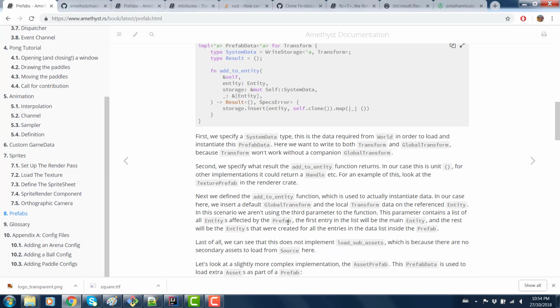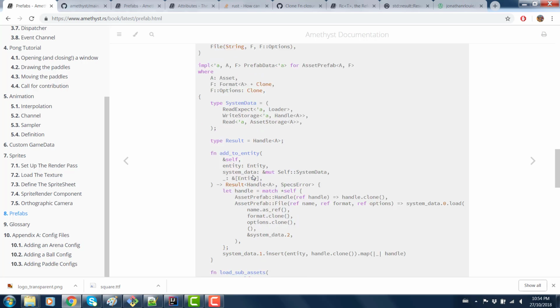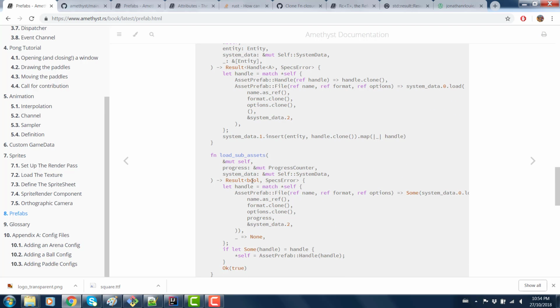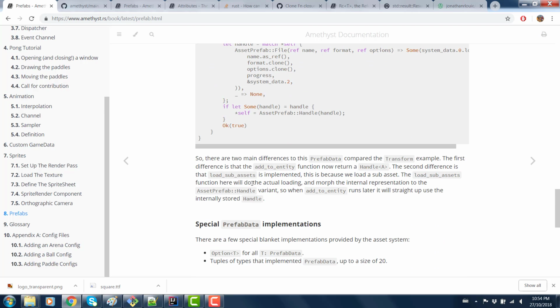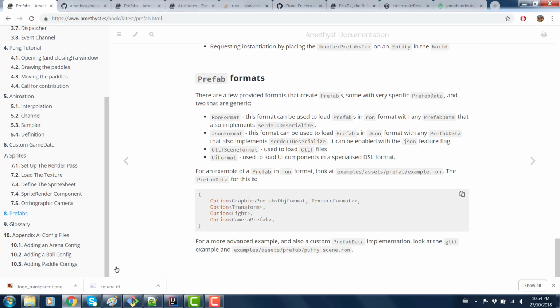Oh no. Okay, that's cool, but where is the way to format the RON file? Oh no. I don't care what config files, just